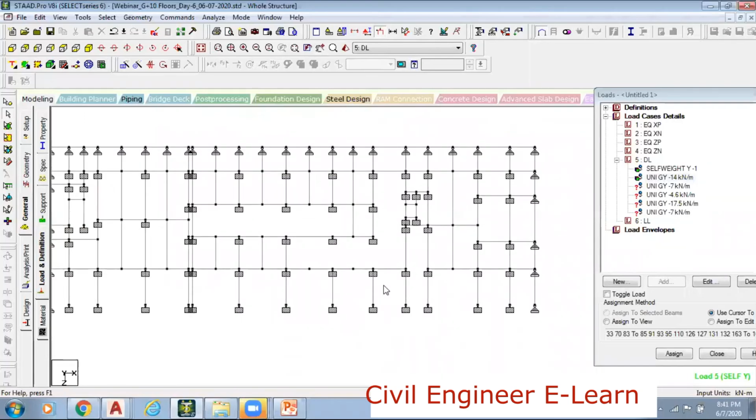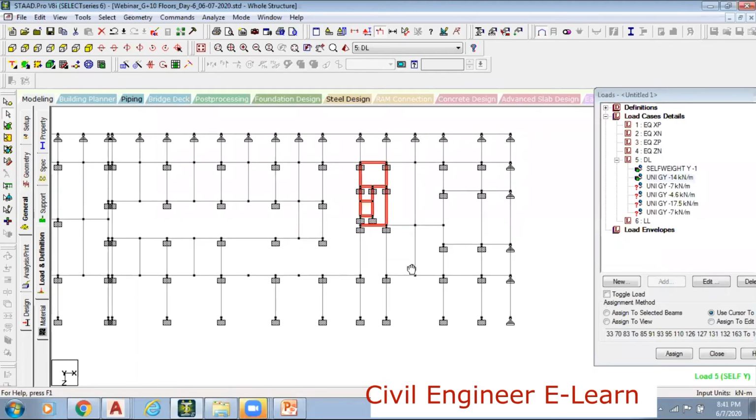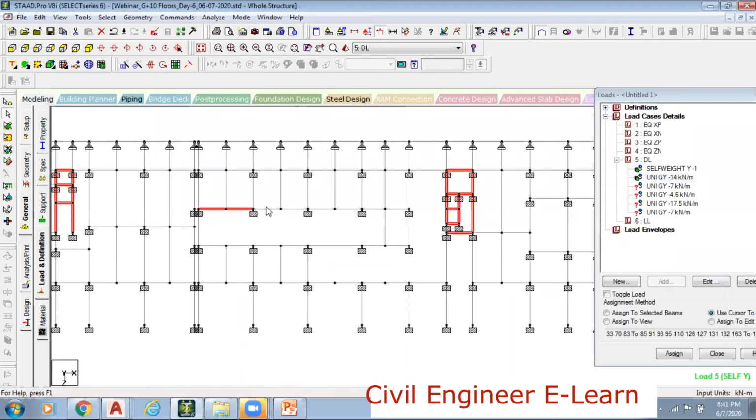So here, this one, and then this, and then this.